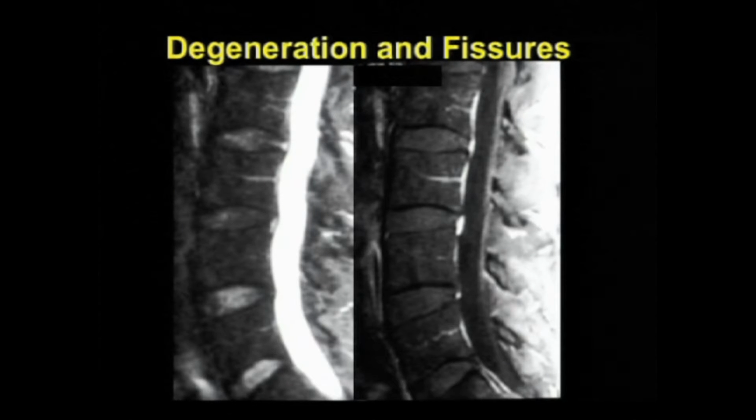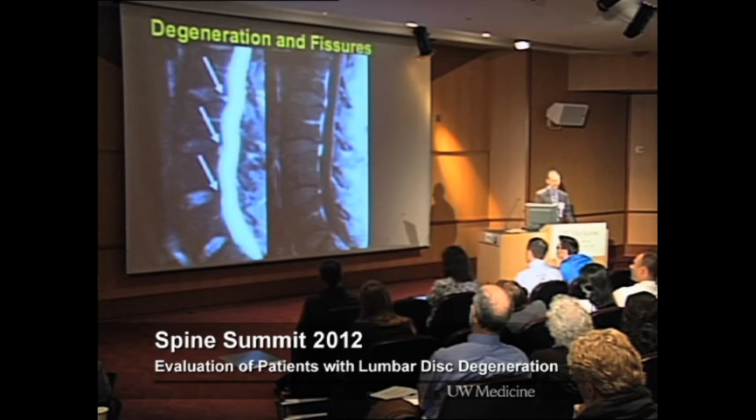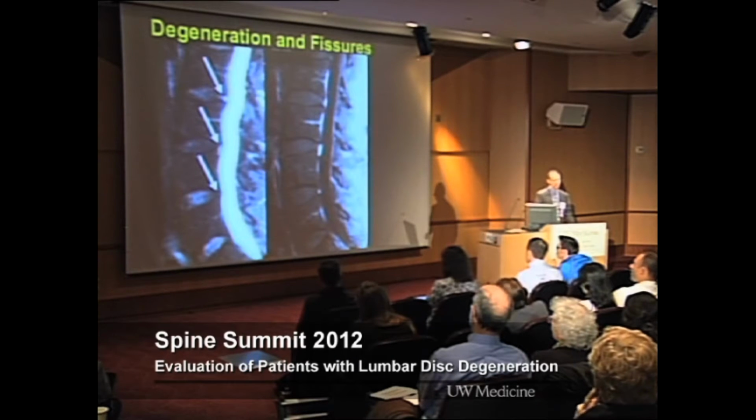Annular fissures are well seen on T2 weighted images. On the left here, we have a T2 weighted image with fat suppression, and you can see the annular fissures at multiple levels. Note that there are actually different types of annular fissures. People have subclassified them into radial, concentric, or transverse. The reliability of that is not great on MR, and the clinical importance of that is not demonstrated yet. So that subclassification is not part of the standardized nomenclature, but it does exist.